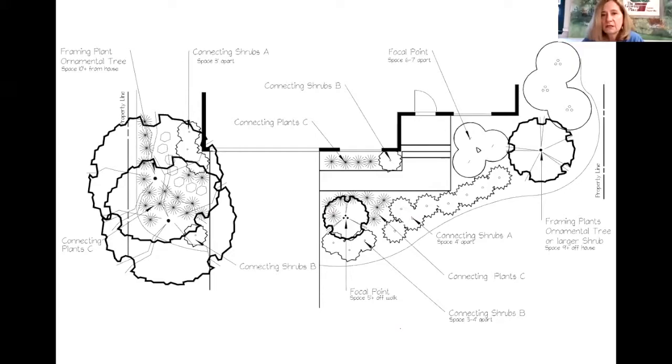All right, this is another example. This is a little bit more asymmetrical. The slide previous to this was a little more symmetrical. But again, you have framing plants over on the left. You also have connecting plants. You also see the little irregular, they look like stepping stones leading from the driveway to the back, and that's